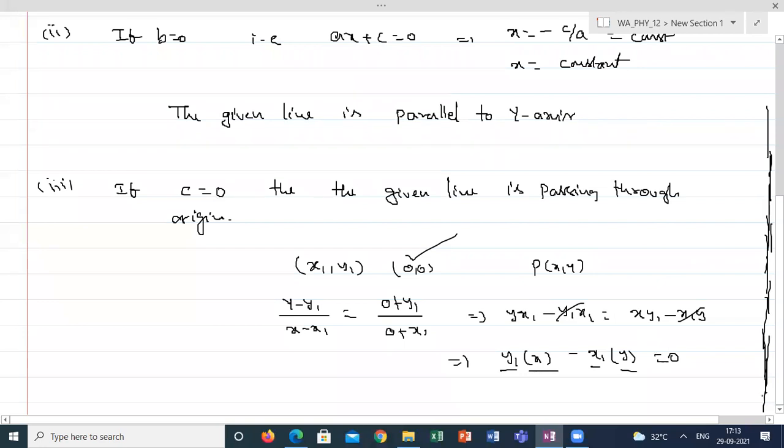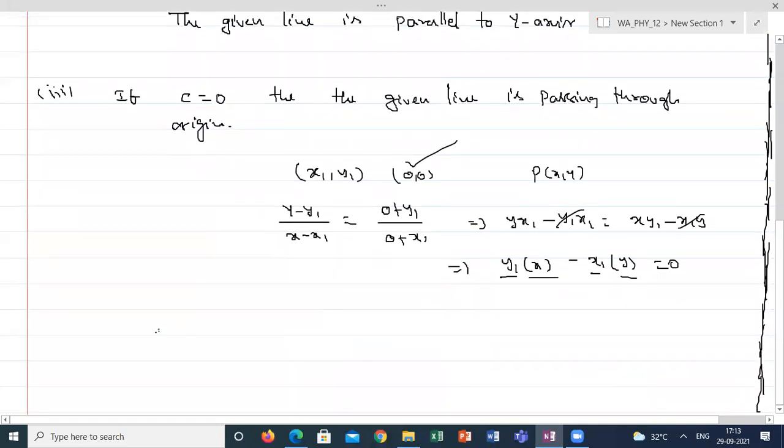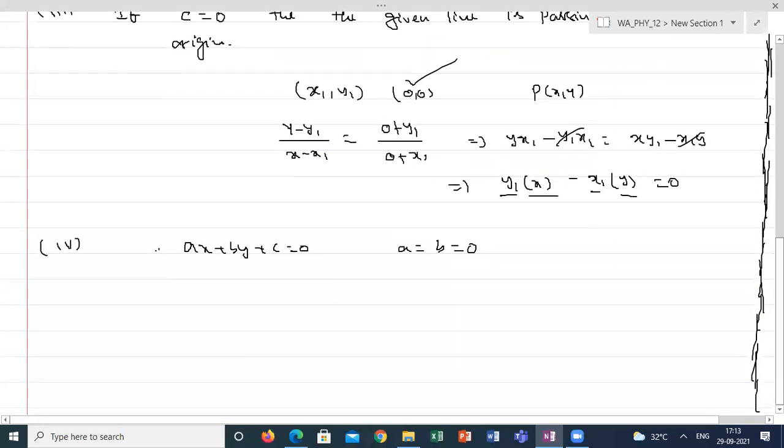And a and b are never 0 simultaneously. There is no meaning to it. If I make a and b together 0, it doesn't mean you are making the constant 0. Suppose ax plus by plus c is equal to 0. A and b are never 0 together. Either a should be 0 or b should be 0 are the possible cases. If I say a is equal to 0 and b is equal to 0, it is meaningless, and you can't define it. It doesn't represent any straight line. Either a should be 0 or b should be 0. So this statement, we can discuss in general math.